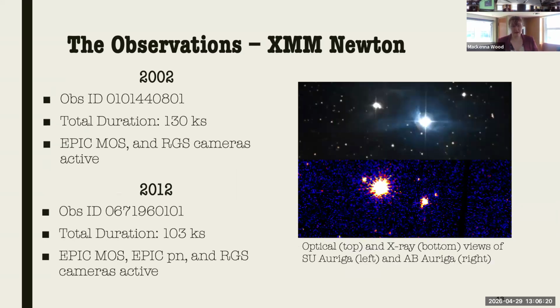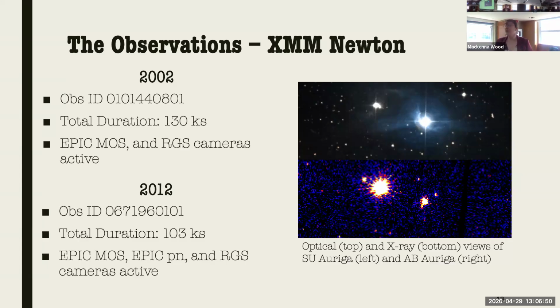So to give a little more detail on those X-ray observations, since I know that is what everyone here is interested in, we hit it with XMM Newton twice. We used archival data from 2002, and then the new data from 2012, which Moritz requested and applied for in 2012 and then didn't get around to doing until now. It happens. So we've got the new data from 2012 and archival data from 2002.